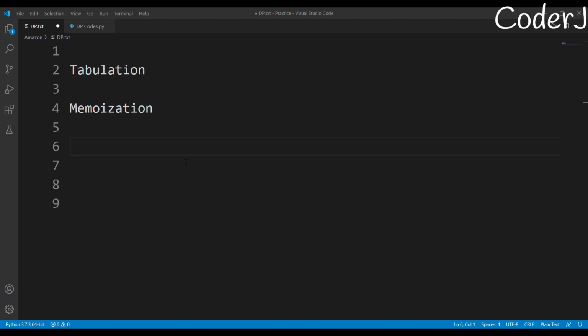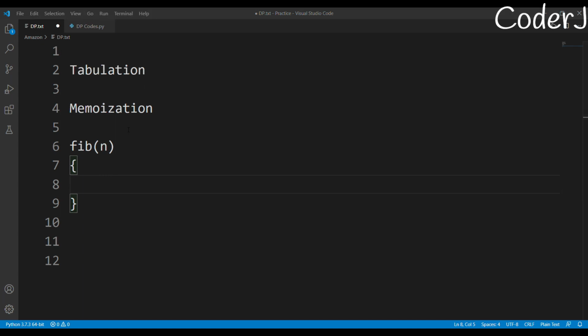Right? So let's start from tabulation, and let's take an example of Fibonacci numbers again. Fibonacci numbers are very simple, very easy, but at the same time they help you understand these concepts very easily also, right? So let me first write a pseudocode for Fibonacci numbers. Let's say I have a function fib(n), and here you'll write your code.